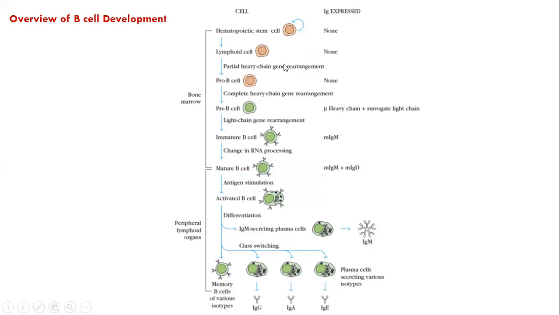What we can deduce from this figure is to just look at the cell, and look at whether Ig is expressed or not. Expression means transcription is happening. The gene or gene arrangements may be present, but whether the gene is transcribed, whether the promoter is on or not, is what we call Ig expressed or not. Then different molecular events happen here: heavy chain rearrangement, light chain rearrangement, RNA processing, antigen stimulation, differentiation. Different cell types differ.